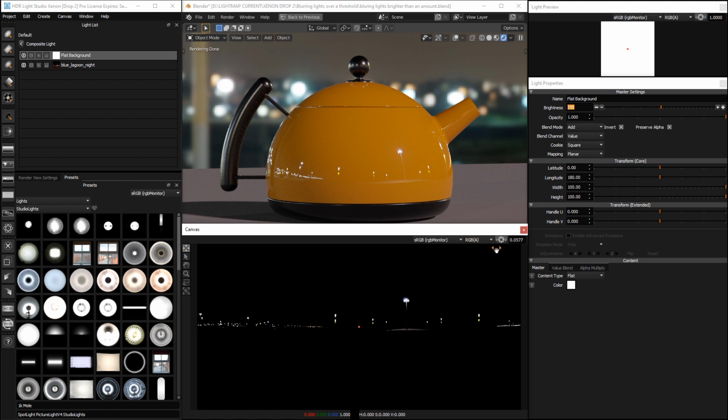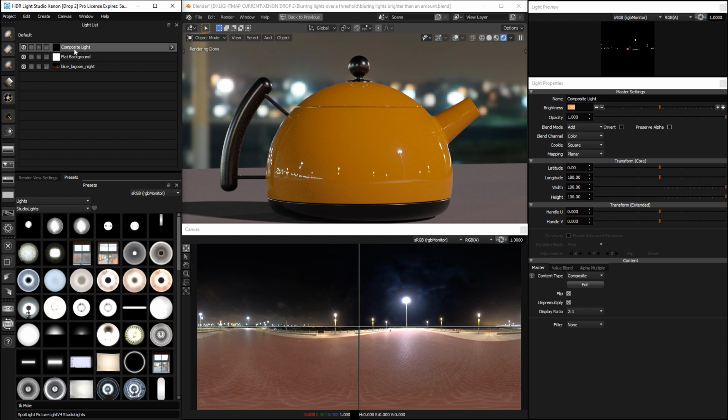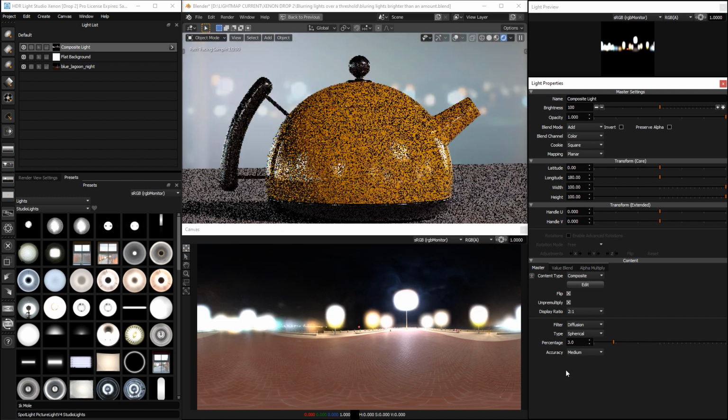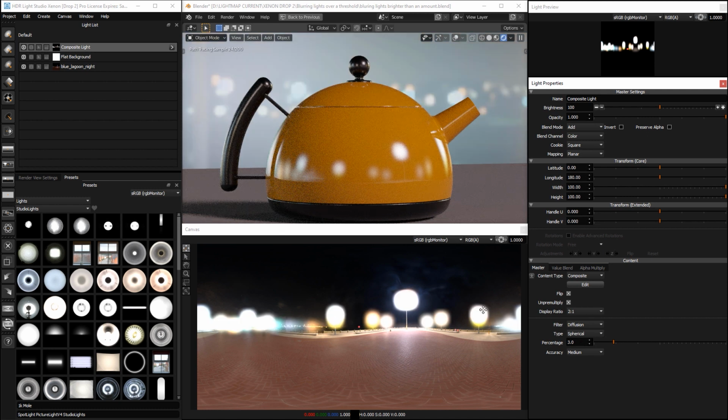So now, if we go back up to the composite itself, we can add a filter to this content here. So we'll add the diffusion blur, and you'll now see all those bright light sources that are above 150 value have now been blurred, but the rest of the HDRI map has not been. So if we zoom into this detail here,